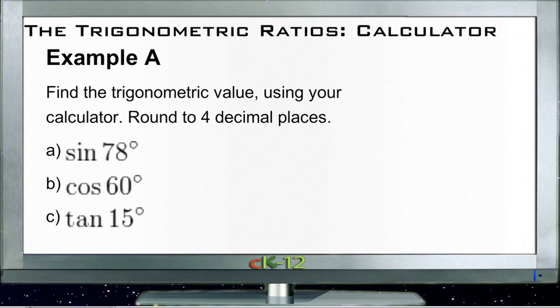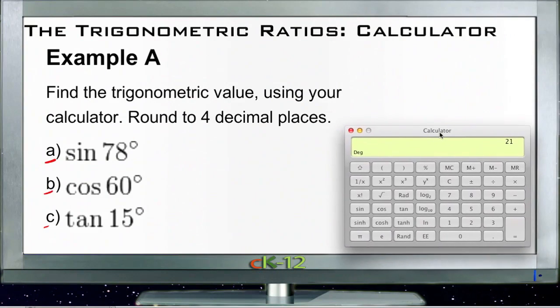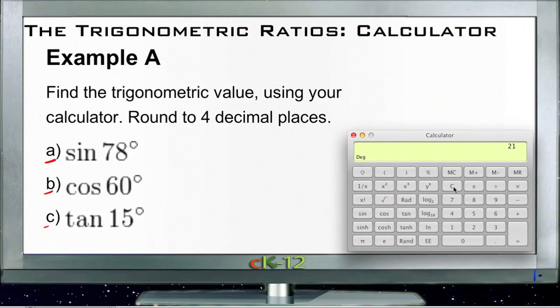All right, example A asks us to find the trigonometric ratios for each of these questions here, A, B, and C, each of these degree measures, using our calculator and round the answer to 4 decimal places. So I'm going to bring in a calculator here. Our first one is the sine of 78. So we're just going to make sure our calculator is in degree mode, DEG, and we're going to type 78 sine. It gives us